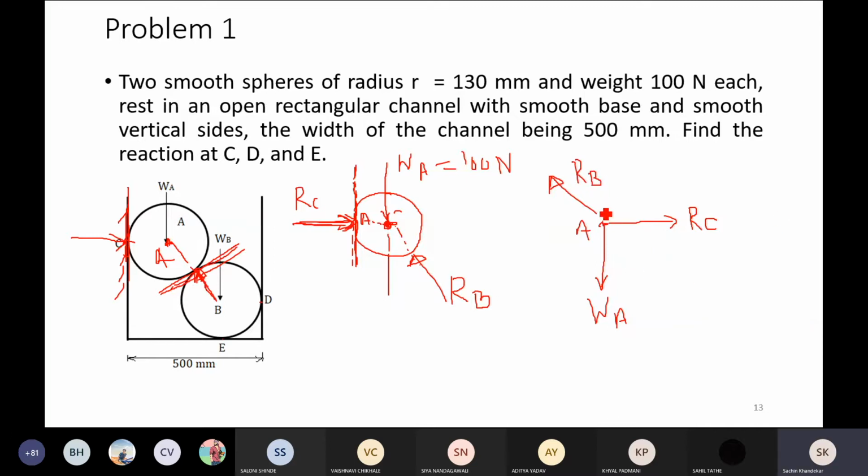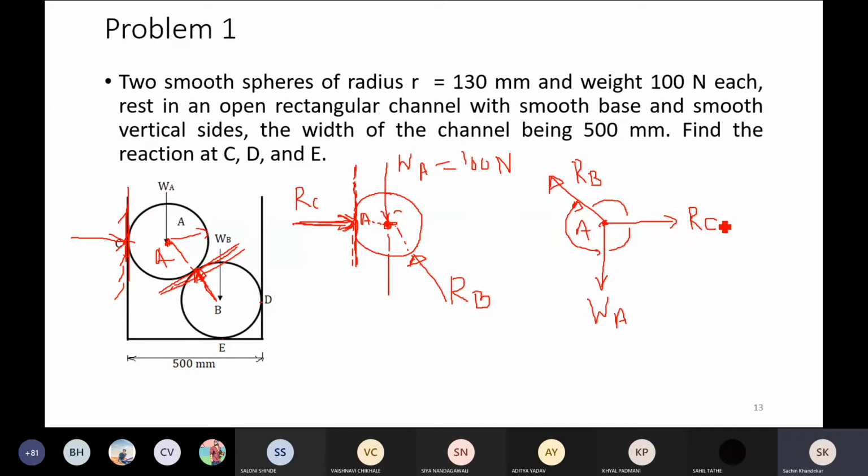Now, as the radius of this circle is given, and the base width of the channel is given, very quickly we can find out these angles. How to find these angles? That I will explain on the next slide, right? So now once I know these angles,